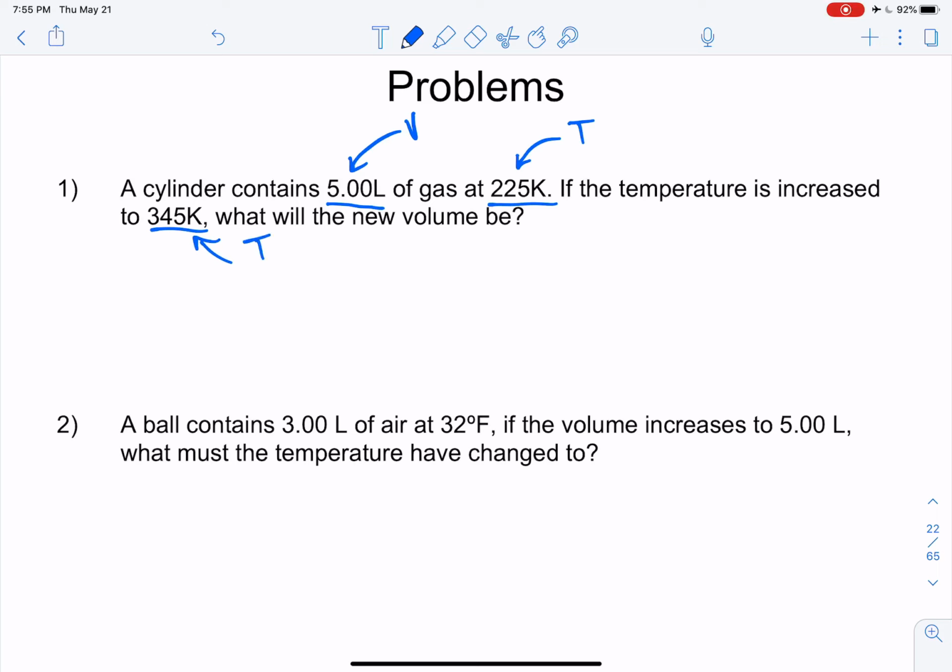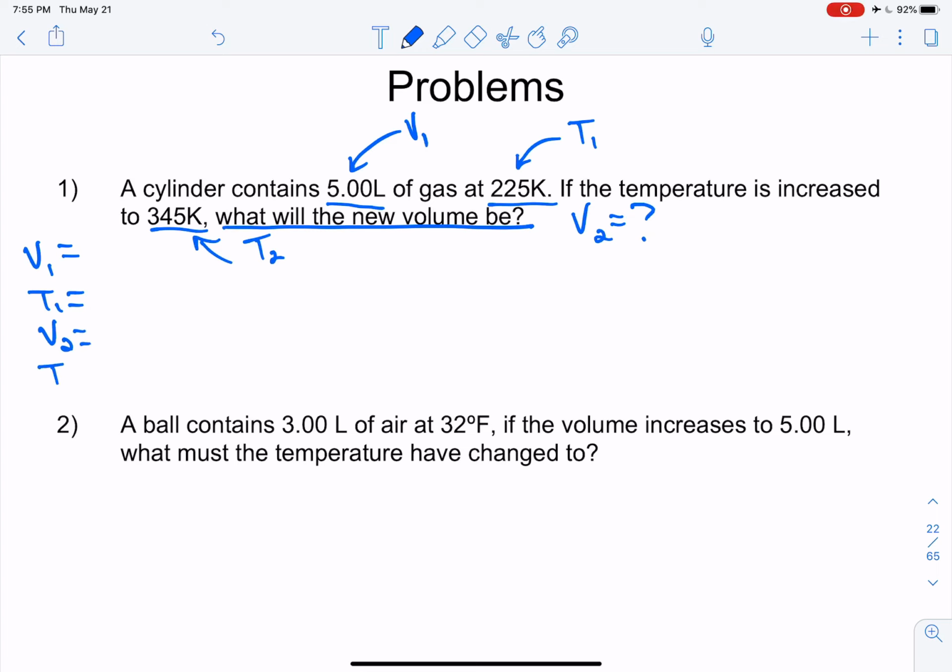So if I've got 2 temperatures, we must have temp 1 and temp 2. Now, T1, the volume that goes with T1 has to be V1. And then the question says, what will the new volume be? So obviously we're asking for V2. So let's just go ahead and list our variables so we can visualize what we're thinking. So we've got V1, T1,